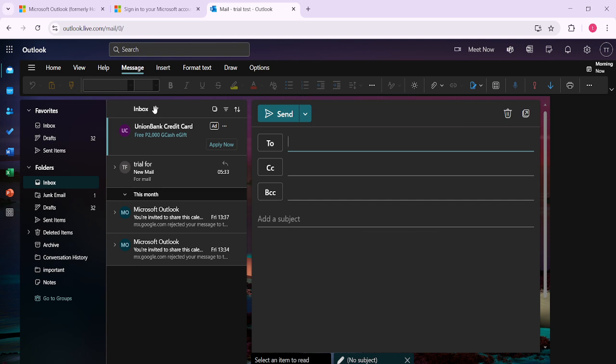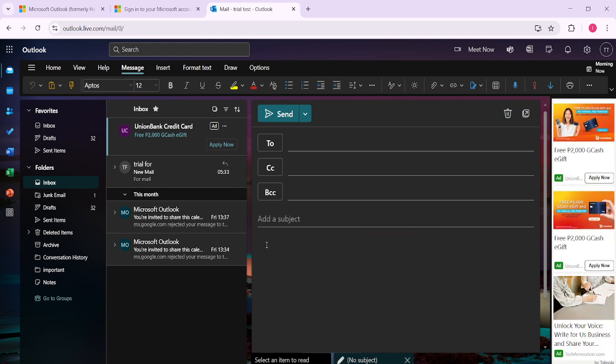It's straightforward from here. Position your cursor in the body of your email where you want to place the tag. Here's the crucial part. To create a tag, you'll need to type the @ symbol. You can do this by pressing Shift and the number 2 key simultaneously on your keyboard. Think of it like calling out someone by tagging them, making sure your message catches their attention among potentially countless